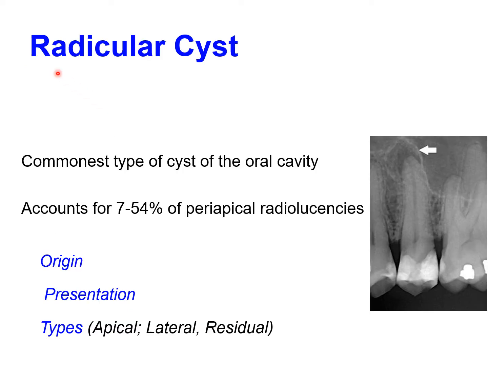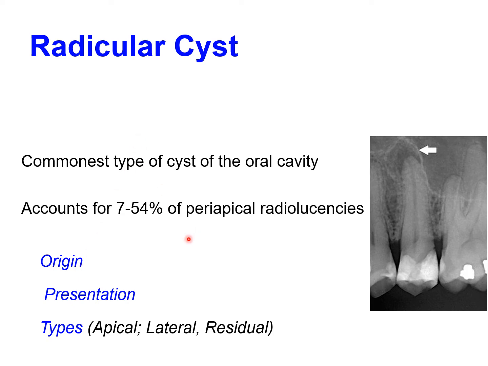Having discussed some of the general features of odontogenic cysts, we can now talk about individual odontogenic cysts, starting with radicular cyst, which is the commonest type of odontogenic cyst of the oral cavity and accounts for up to 54% of periapical radiolucencies. The origin of radicular cyst